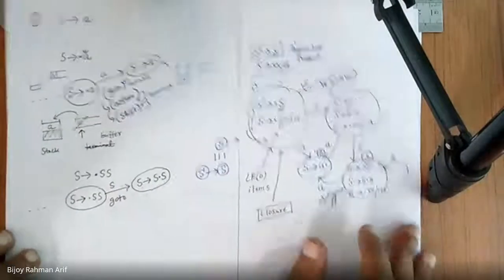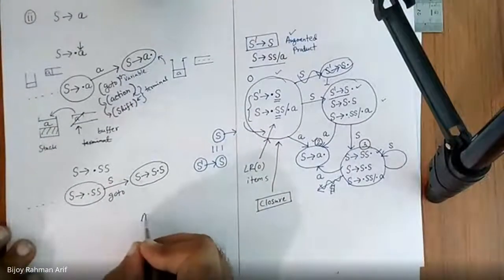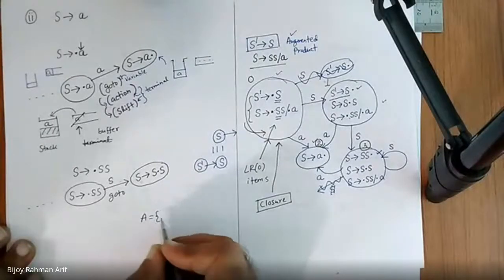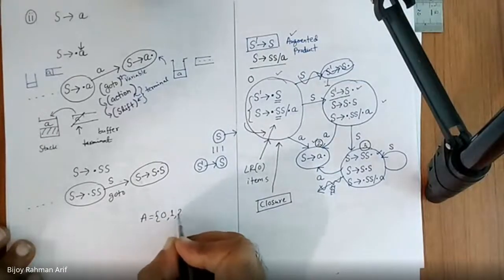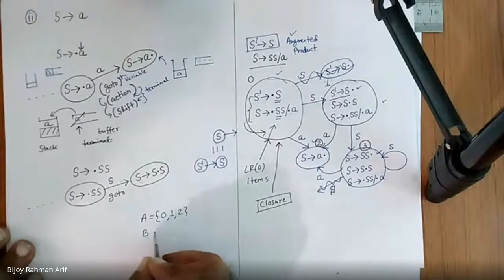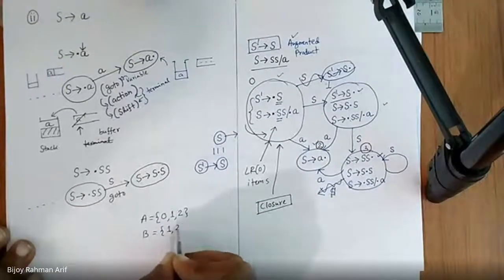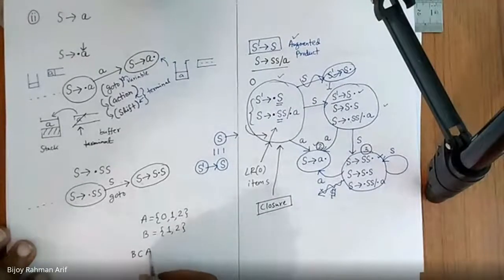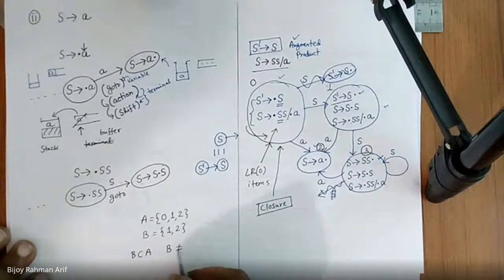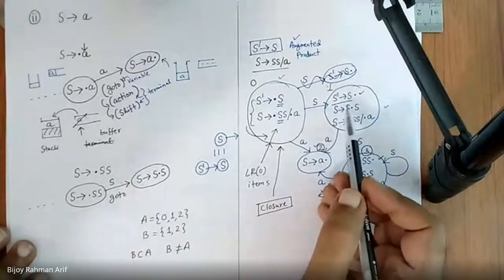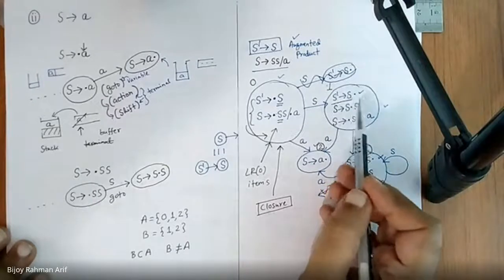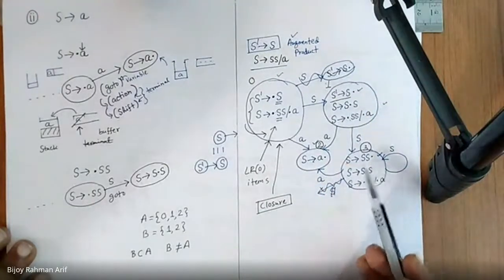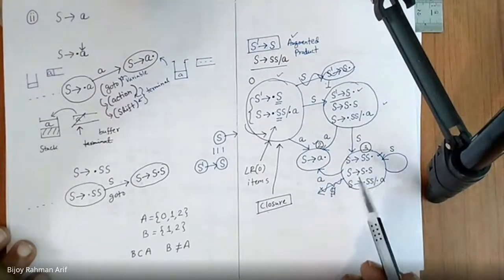Let's consider this. It's a good question. Let's assume A is the set 0, 1, 2 and B is the set 1, 2. So definitely B is a subset of A, but A has a special item, so B is not equal to A. Same reason, it has a special production S derives S closure. It is not present over here, so that's why we cannot do this. They're different. Is it clear to you? Yes sir, thank you. It is a very good question.